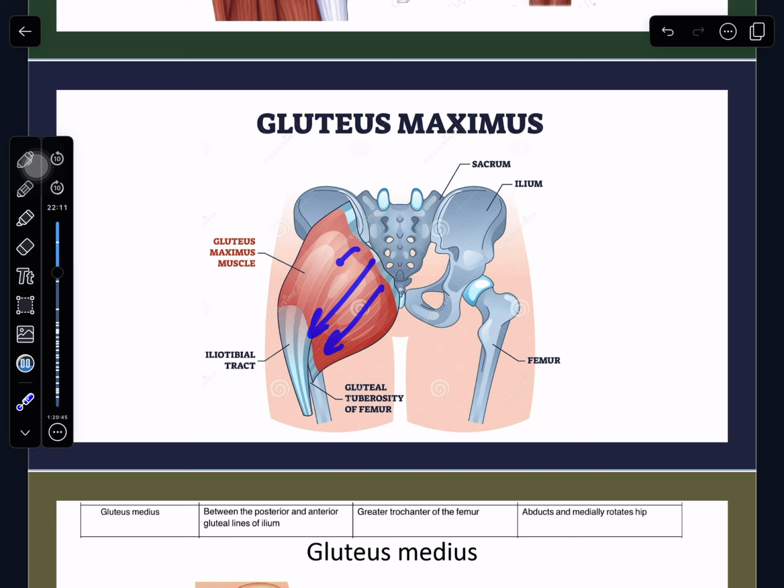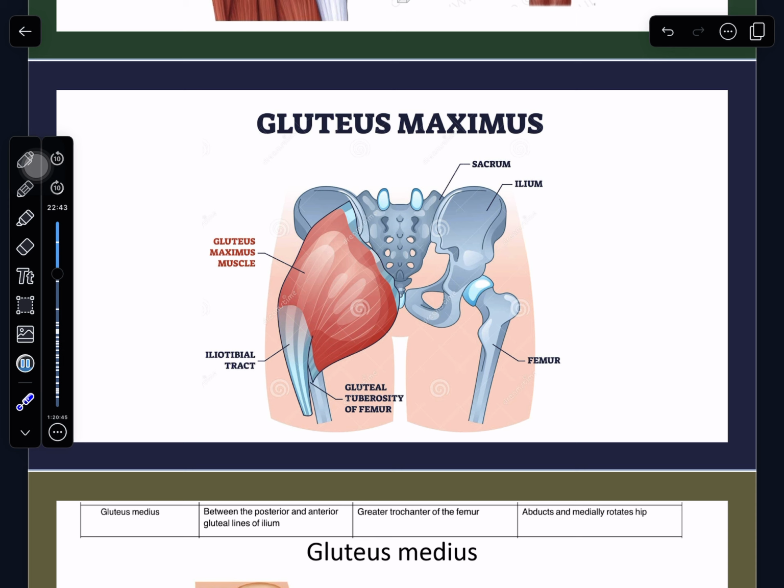Obviously, it's the most superficial of the three gluteus muscles, but the orientation gives rise to the actions, right? We can intuitively decipher what this muscle's contraction will do just by looking at the orientation, the origin, and the insertion. And it's important that you guys train yourselves to break down the mechanics of each muscle and understand why these actions are happening, because then everything just clicks a little bit easier,